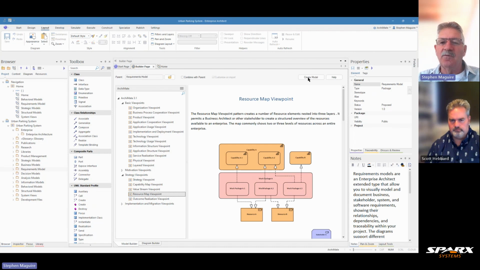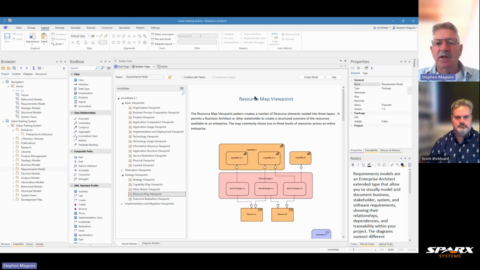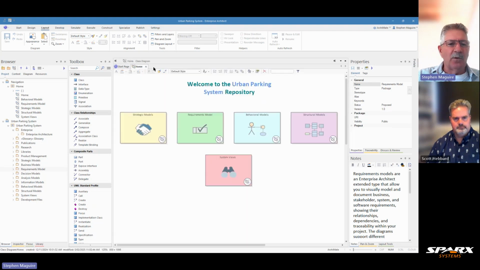But we want to start from first principles, Scott, but I do encourage people to return to this builder page and these patterns and inject these viewpoints in, and you get the productivity gain from getting a head start on the work where it's created a lot of elements for you. So I'm going to close the builder page and start from first principles, and we're going to go and inject this into our